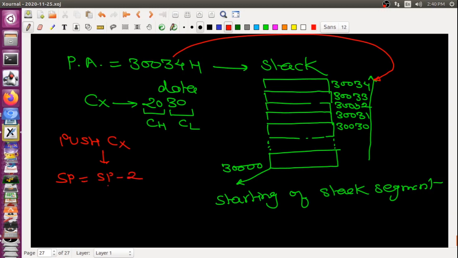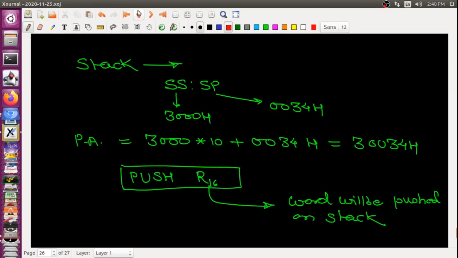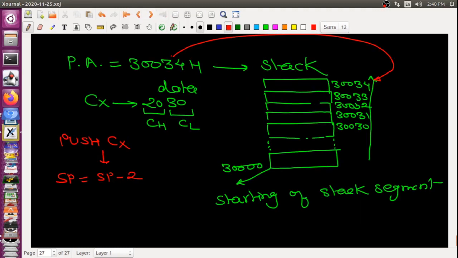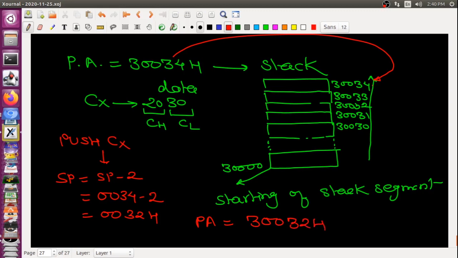For example, my SP has the value 0034, so 0034 decremented by 2 will become 0032H. On the basis of this, we can think my new physical address will come into the picture. Obviously it will become 30032H.